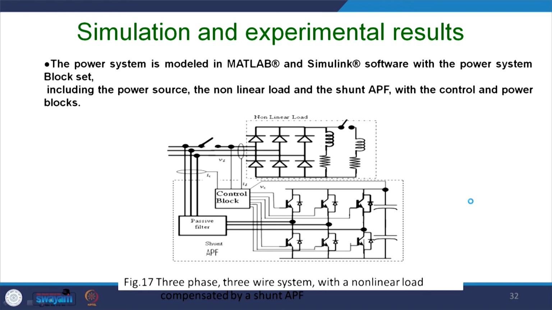And now, let us come to the solution of it, and some experimental results I am showing, simulation and experimental results. It has been done with MATLAB Simulink, and for the sake of showing it, I put the simulations and the experimental ones one by one. This is for the 3 phase 3 wire system, and I have shown the same circuit there, where you can create the single phasing.